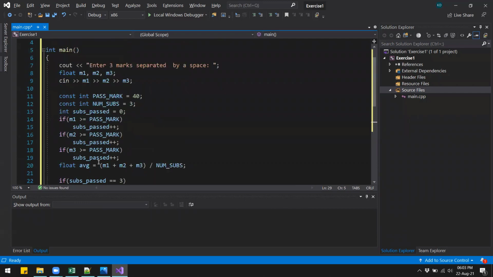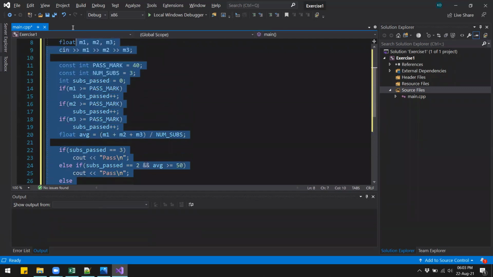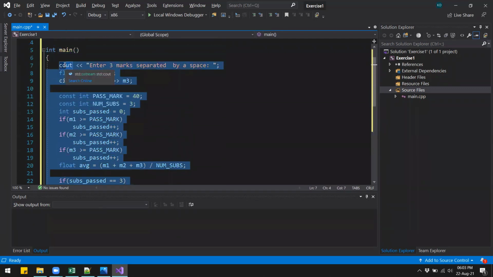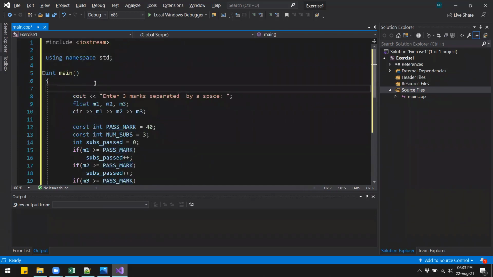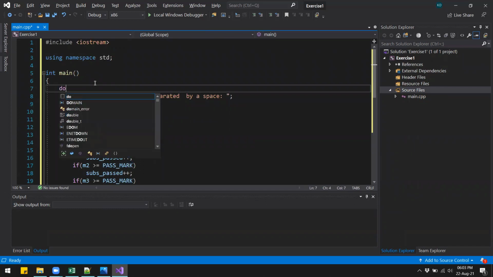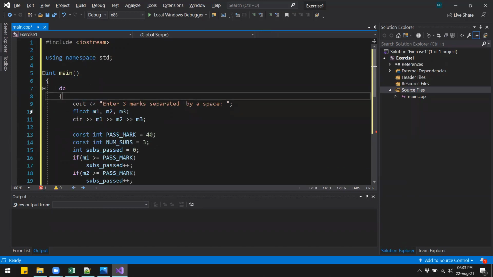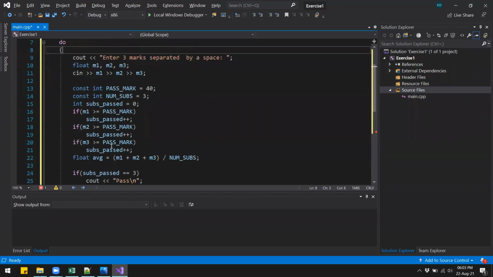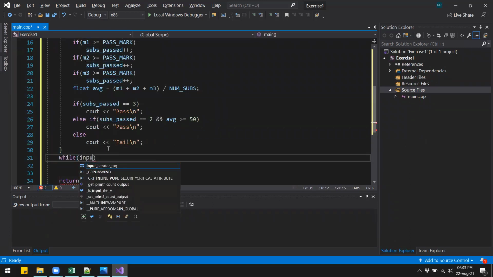Right, so that's the code we have, and then we have to run this entire thing inside a loop until the user enters no. So I'll indent this part and I'll put this inside a while loop or a do while loop. I'll go with a do while loop because we will need to run this code at least once before the user can decide whether to enter y or n. So inside the do loop, I have this part. So we can say while the input is equal to y.